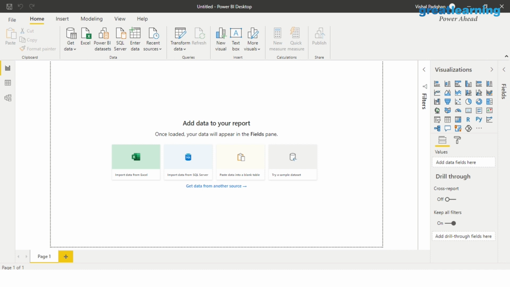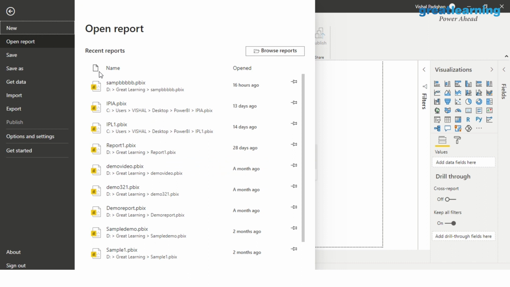And once we understand how the interface looks like or works, we would go back and cover some of the important concepts, and then we would get into a full-fledged demo as to how to do these things practically. So what exactly is this interface useful for? First and foremost, you have these panes here. When you click on file, it would show you the reports that you've created. Now I've created plenty of those here. You can save those. You can even click on get data to basically connect to different data sources.